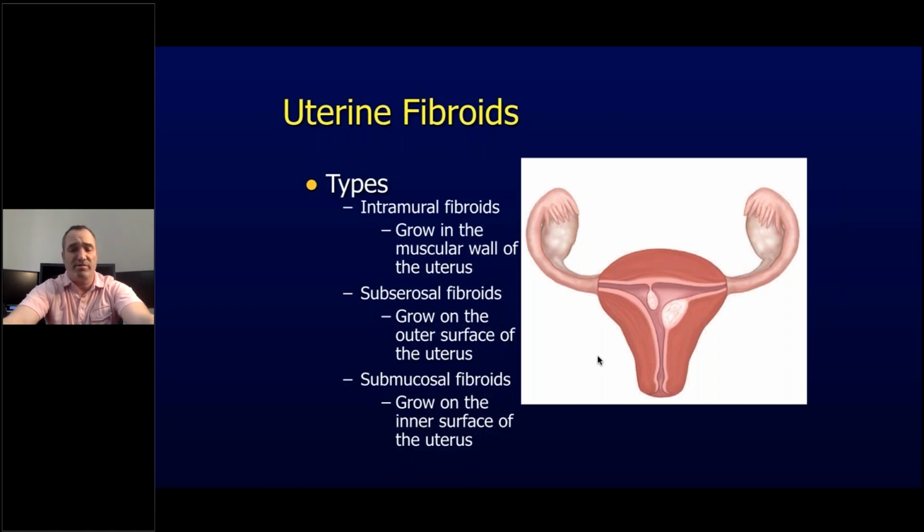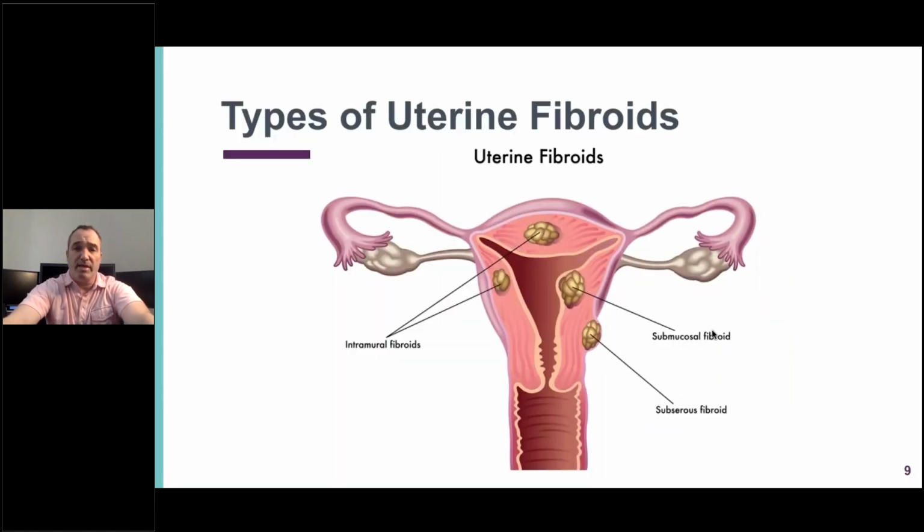These are all different types and terms, and some are more specific than others. Again, here's another schematic showing the different types of fibroids, and one should understand that this is a subserosal, submucosal, and intramural. And many women have all three of these. So in fact, it's not like you have just one. Typically, many women have multiple fibroids, and if they do, they almost always have a complete variety of these fibroids.